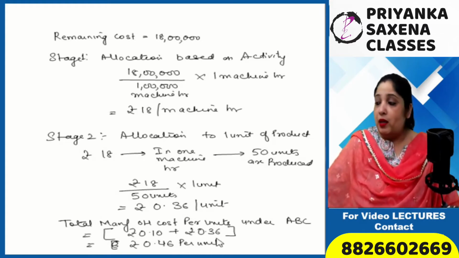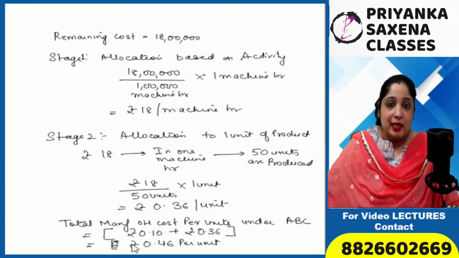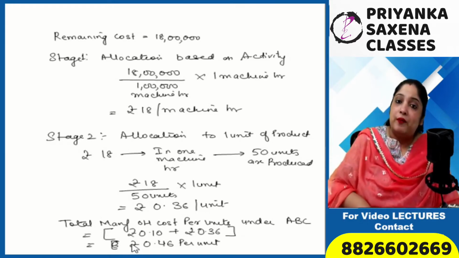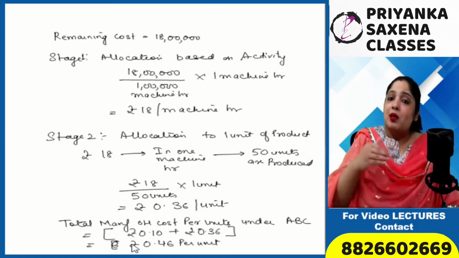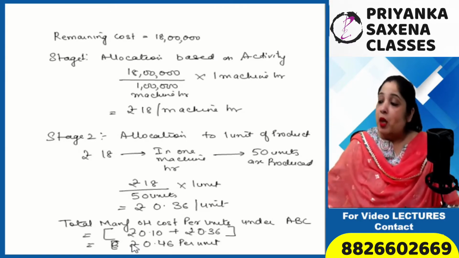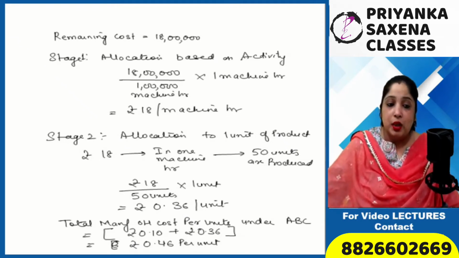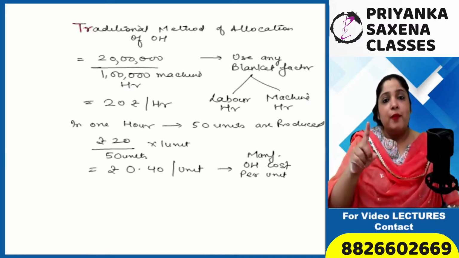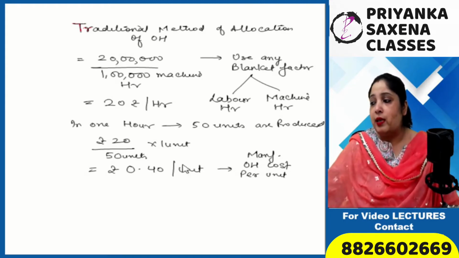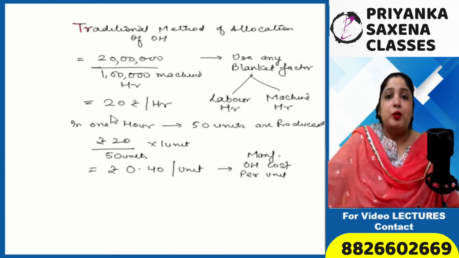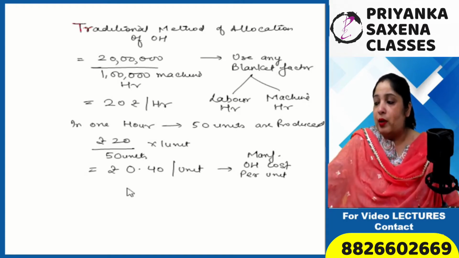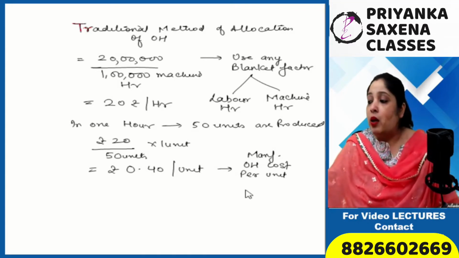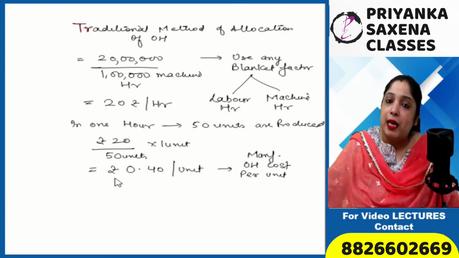ABC method, if more activity is required to produce a finished good, more cost will be allocated. If less activity is undertaken to produce the finished good, less cost will be allocated, because cost is distributed among activities. But under the traditional method, a blanket rate is there. If 1 hour of work is done on the product, 20 rupees is to be charged. During 1 hour 15 units are produced, this is a blanket rate. Now whether more activities or less activity are undertaken, doesn't matter, 1 unit will be charged 0.40 paisa in the